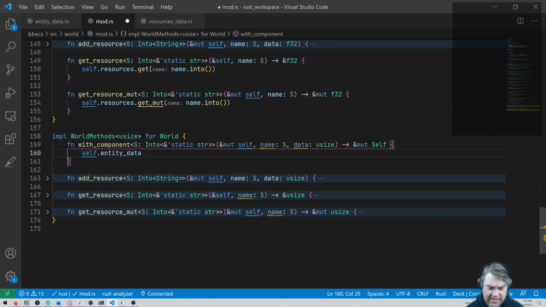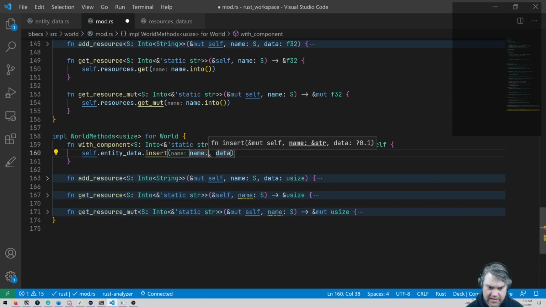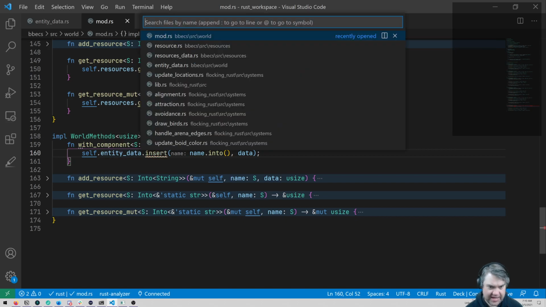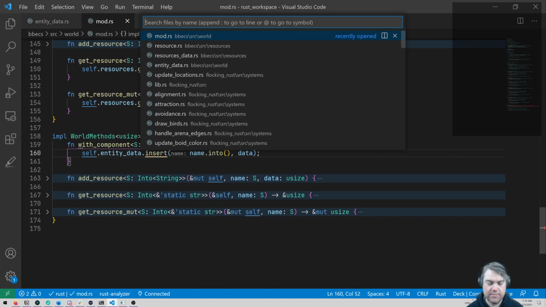So entity data dot insert name dot into, and then pass in the data. And I think that's it. Yeah, okay, so it doesn't have something for usize here, so we need to fix that. We need to go to entity data and add usize.